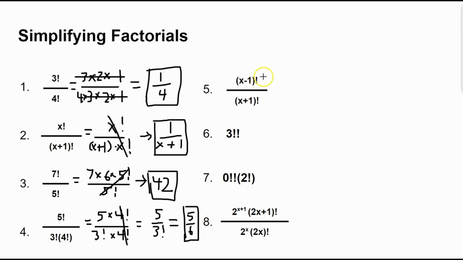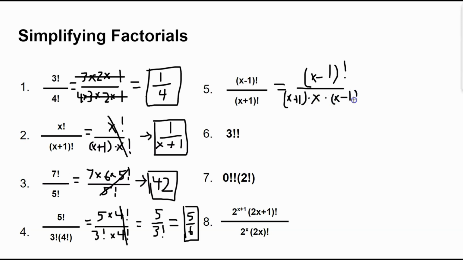Anyway, moving on to the next column, we have x minus 1 factorial over x plus 1 factorial. This looks complicated, but when you realize this, x minus 1 factorial is simply 2 less than this value right here. So let's rewrite x plus 1 factorial so that we can get this value in there. So we're going to keep x minus 1 factorial as it is. And then we're going to rewrite this one as x plus 1 times x